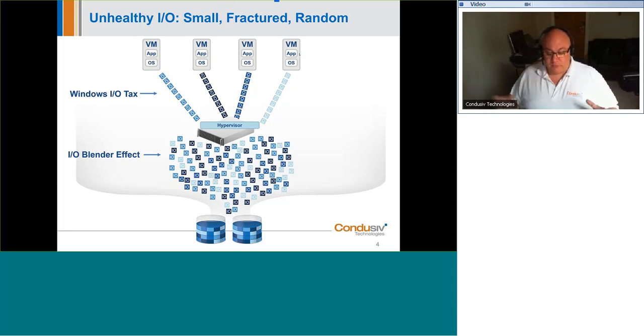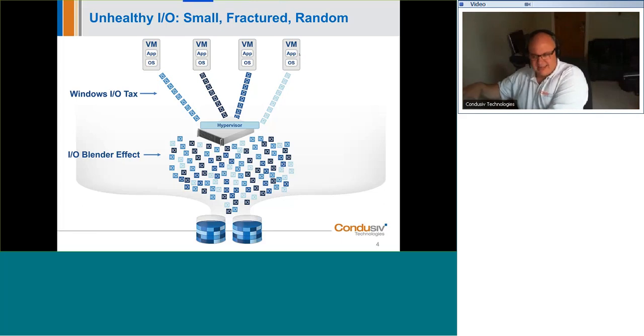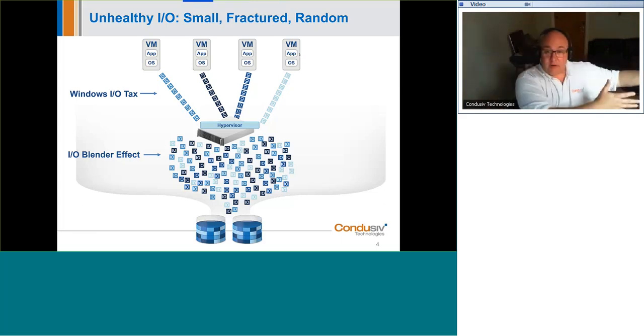So what's happening is that same amount of data is getting split up into much smaller, far more numerous I/O packets. It's a bit like saying, okay, on this side of the room, I've got a liter of water, which is my data, and I need to move it to that side of the room, which is where the storage is. It's a lot more efficient to make one trip across the room with a liter-sized jug than it is